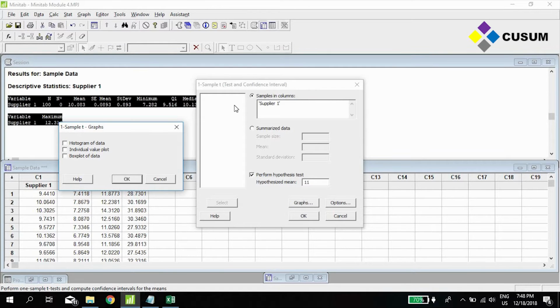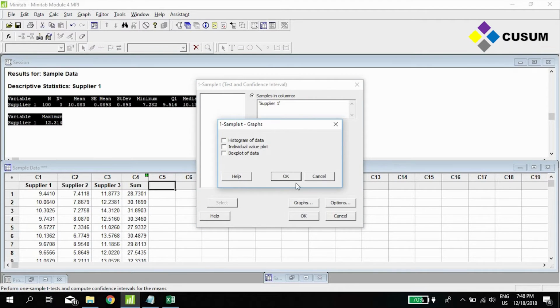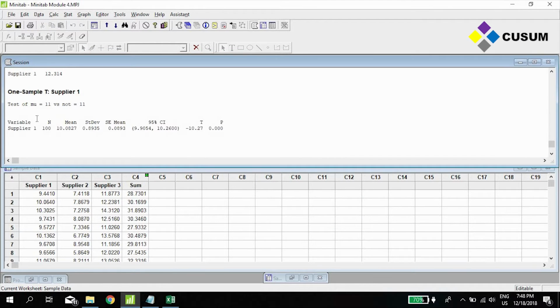This is based on the test that I'm running, so not all graphs will be available based on the test that you're running. For example, if I leave this blank, no graphs will appear. Then if I click on OK, my test is going to appear right here. So Minitab is testing the information that I gave it,